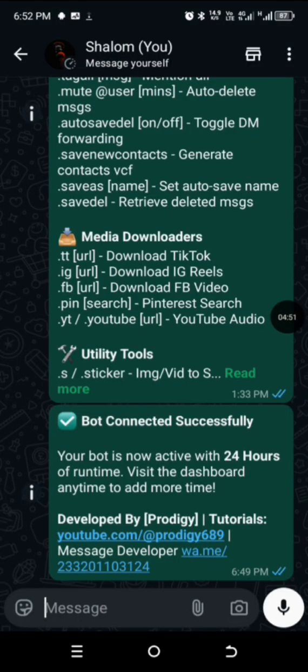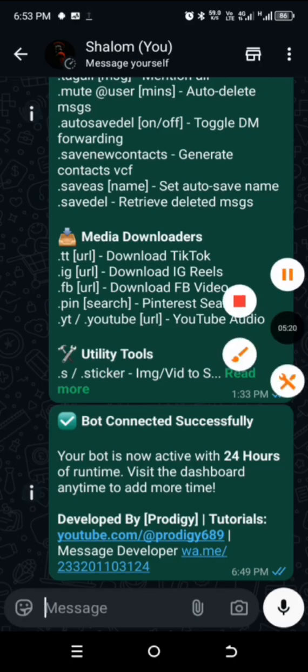Alright, so now we go back to our WhatsApp bot. So now when you connect the bot, it's going to tell you bot connected successfully, and then you have an active time of 24 hours. Immediately you connect, you have an active time of 24 hours, meaning that the bot will be active for 24 hours. Now, let's say you want to increase the hours, or maybe you've run out of hours and you want to increase it,